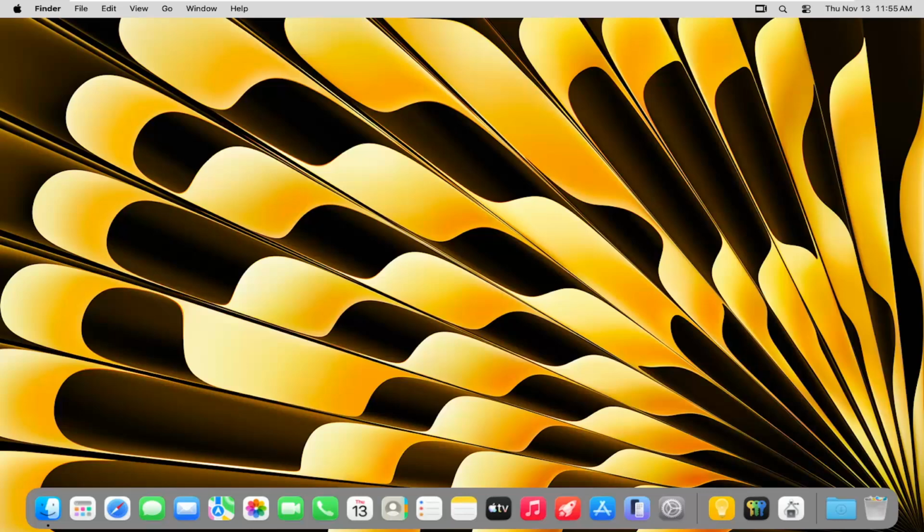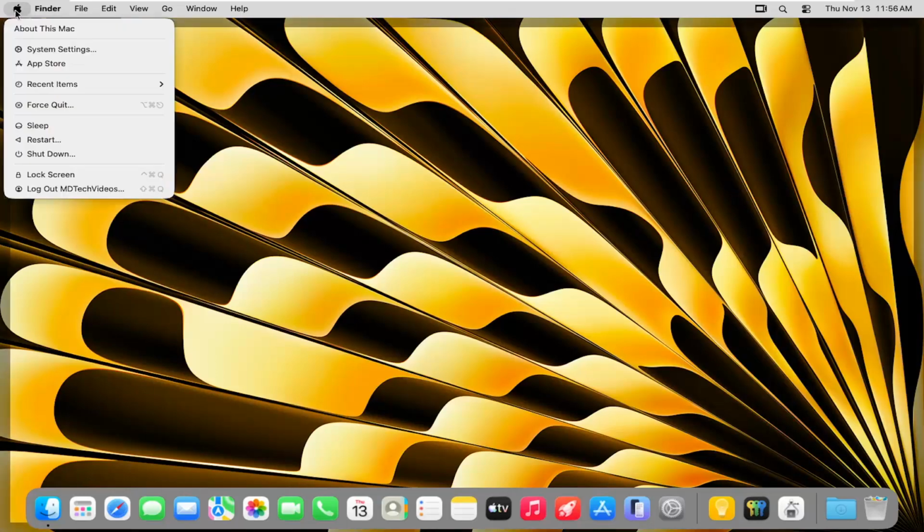And today's tutorial I'm going to show you how to enable alternate pointer actions on your MacBook device. So this should hopefully be a pretty straightforward process, guys, and without further ado, let's go ahead and jump straight into it. So all I have to do is select the Apple icon up in the menu bar and then